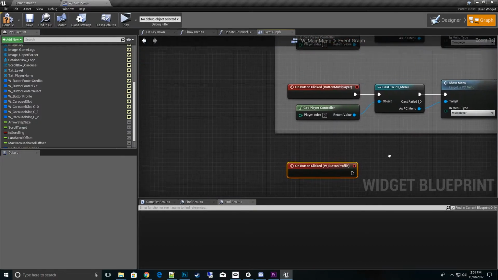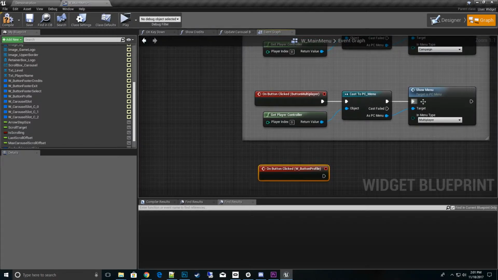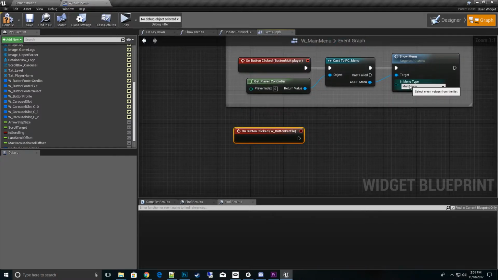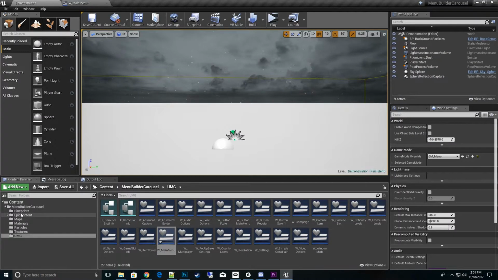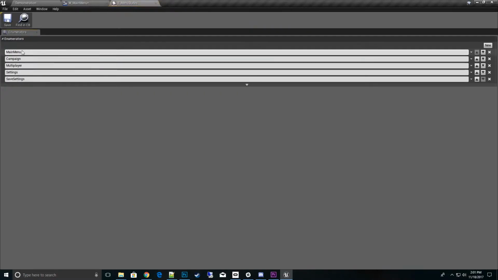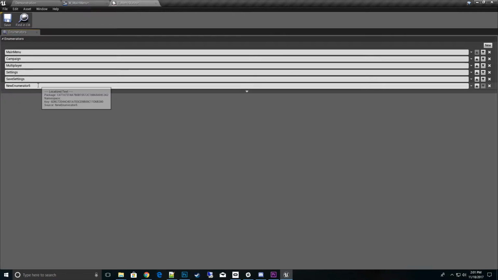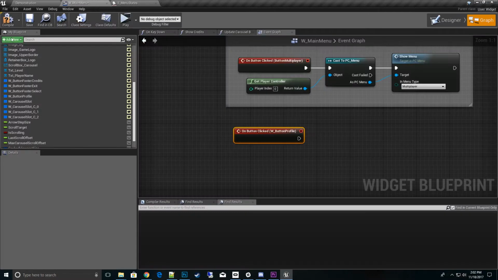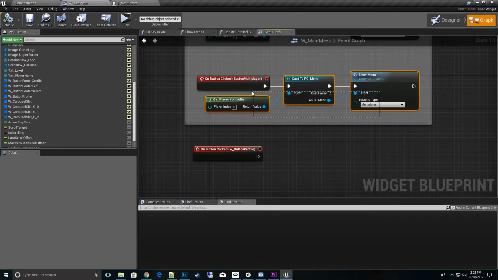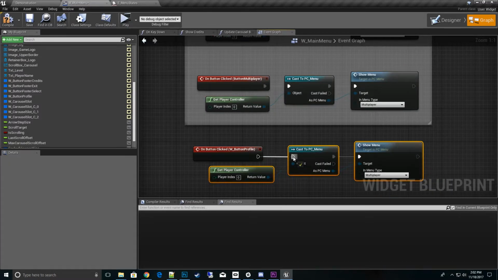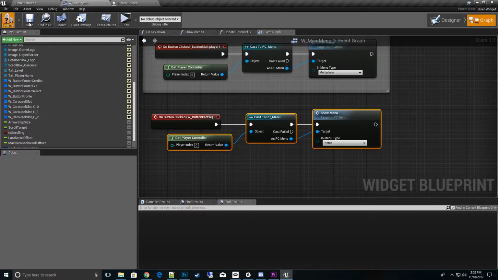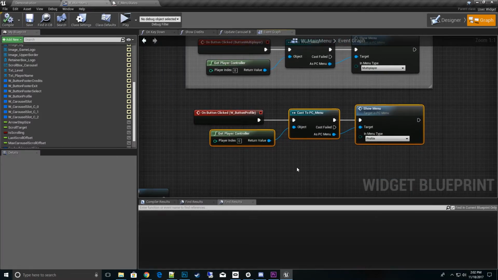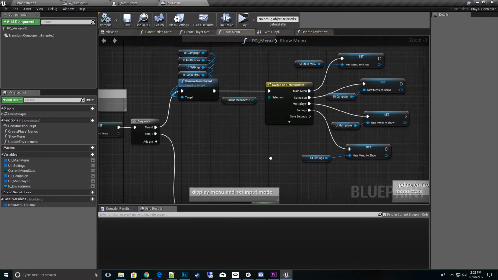If you notice the other menu buttons, like button multiplayer, we cast and hit show menu and do whatever screen we want there. If you want to add a new screen, it's as simple as going to the blueprints and menu states, and here's where we have the menu choices so we know what to open up. We can always add a new one here, let's say profile. Let's do that. Profile, save it. Now we have a new state that we can create, and then we can cast to here, copy, paste that over, and go to profile. What that'll do is tell the player controller that we want to change the menu to the profile menu. So we'll click on show menu, and as you see,